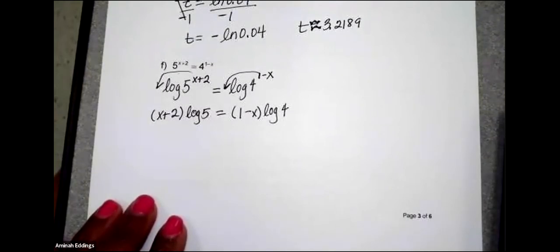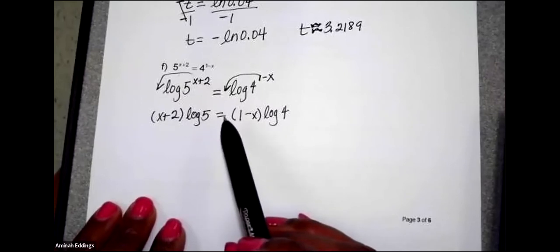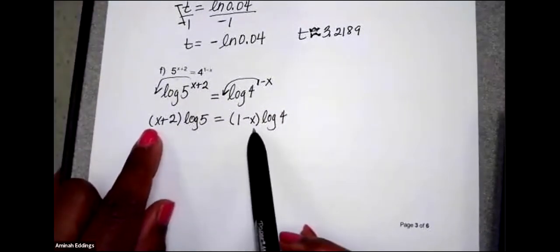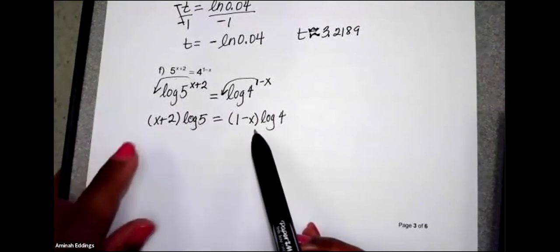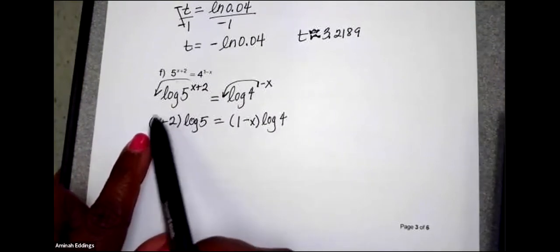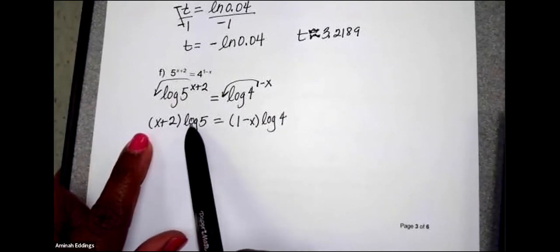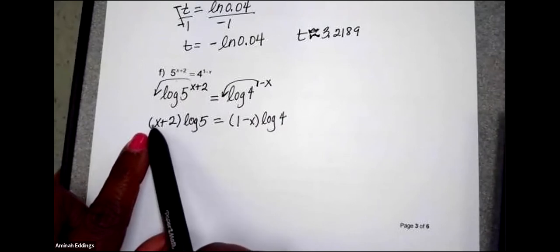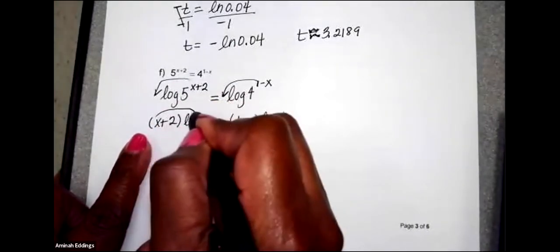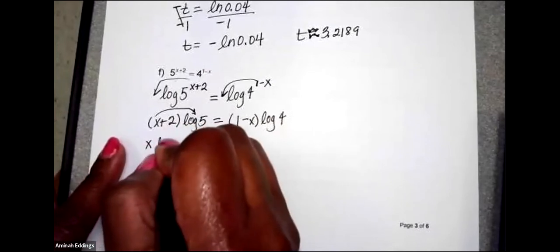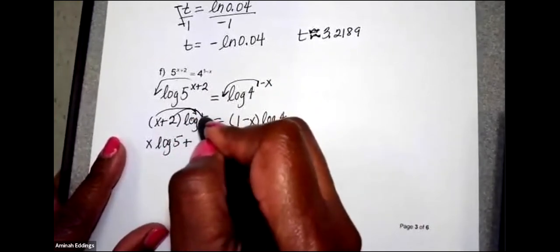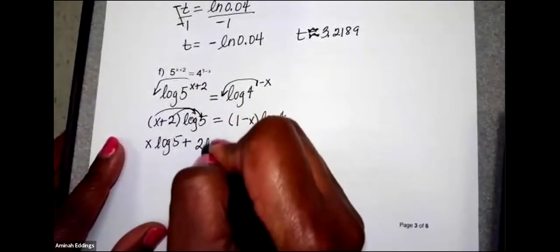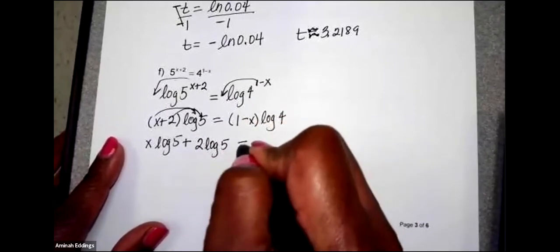Okay. Now, this one is a little different than the ones that we've done up here because we have an x on both sides and we're trying to solve for x. So before we can solve for x, we need to get them together, okay? And so what I'm going to do is distribute the x plus 2 to my log 5. So x times log 5 is x log 5 plus 2 times log 5 is 2 log 5 is equal to,